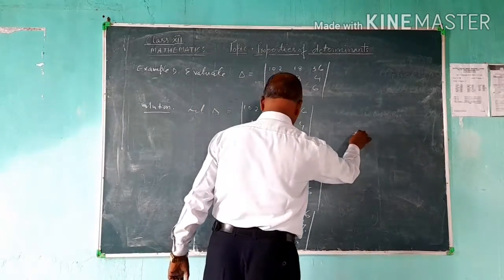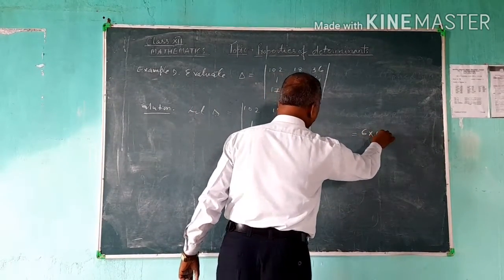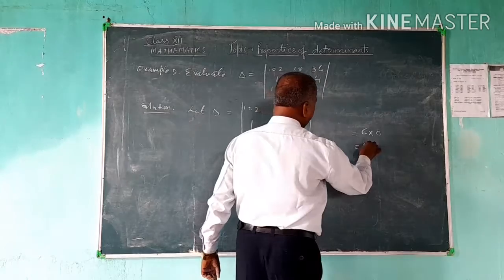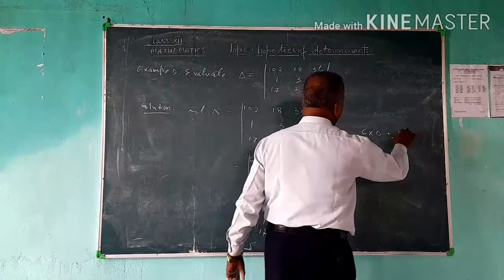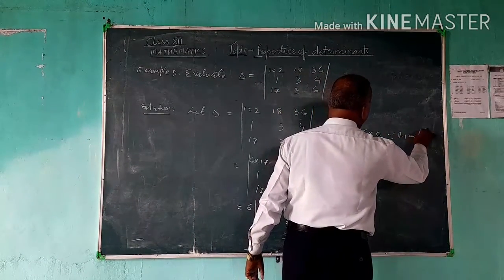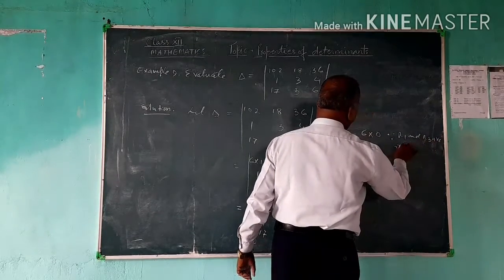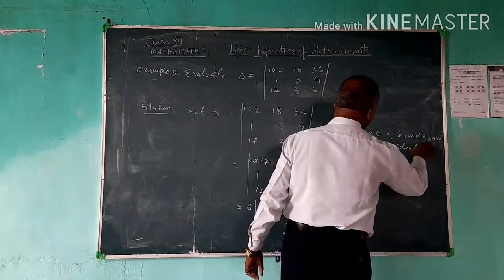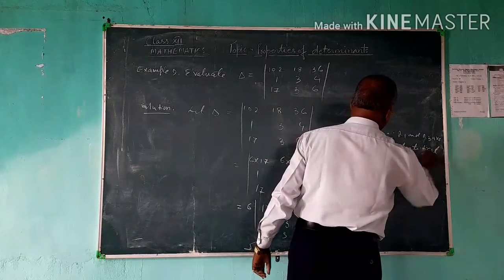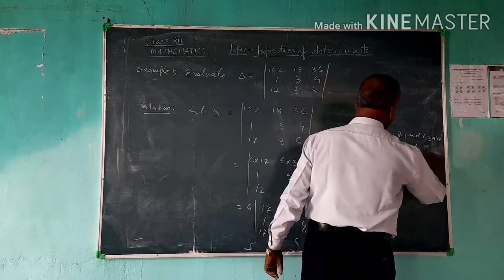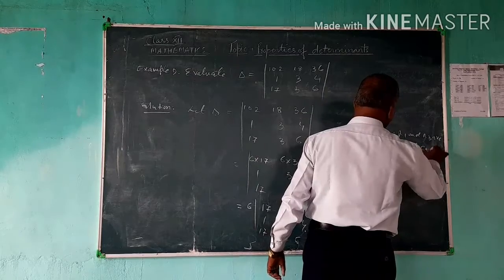So this is equal to 6 into 0, that is 0, because R1 and R3 are identical. Hence